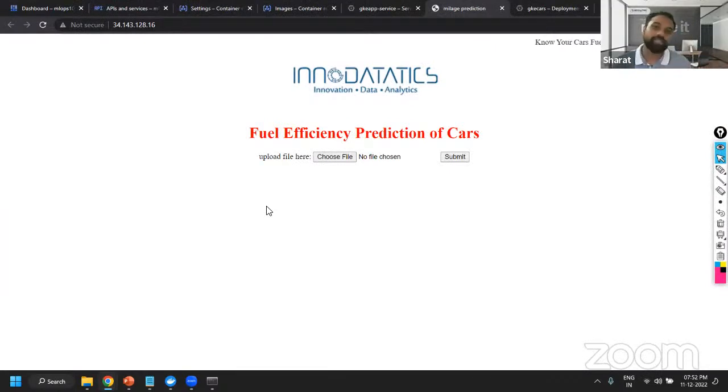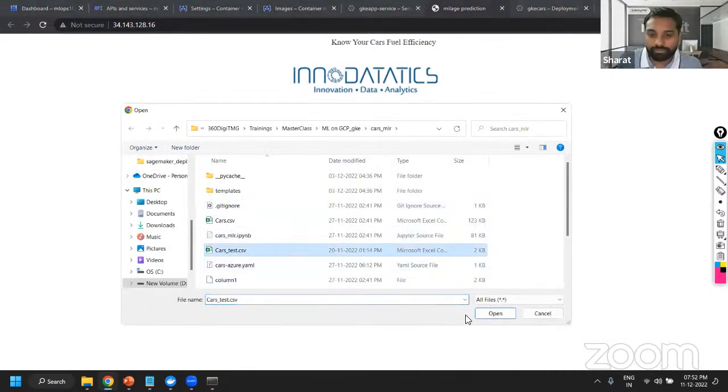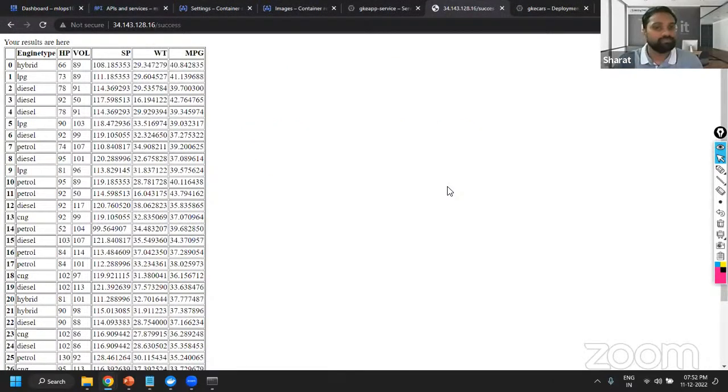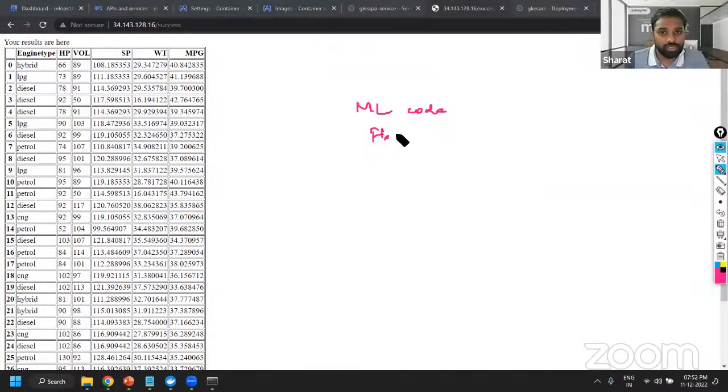Right? All the Flask code and the templates are being used, and you just pass the input data, the new data that you want to pass as the input for prediction, and then click submit. Voila. So you have a machine learning functionality provided as a service to end users using UI, right? And that UI is created with a Flask application. Very simple. The most important thing that you need to ensure you have is your machine learning code, your Flask code,